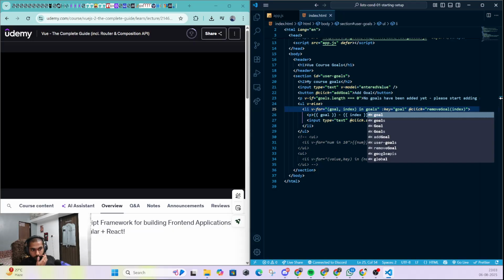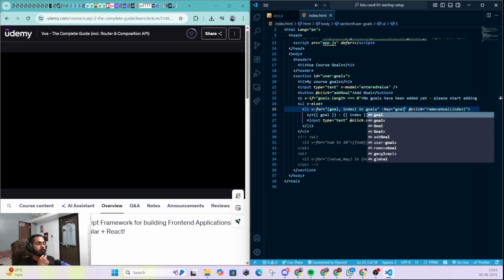And you will see later in the course, once we also talk to a backend and to a database, that in most cases you do have a unique ID. So getting such a unique key per list item in reality isn't too difficult. But here I'll simply use the goal text. And if I now reload, and enter finish the course and master view, you will see that